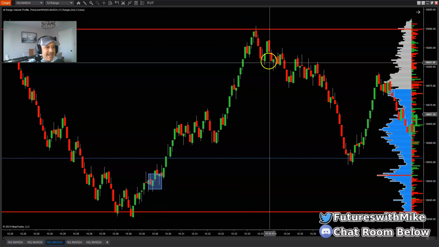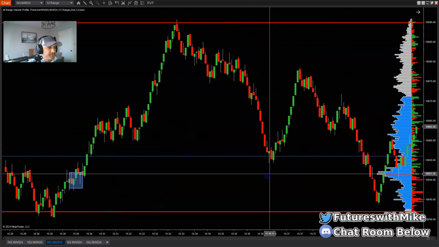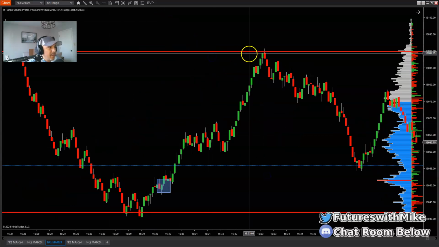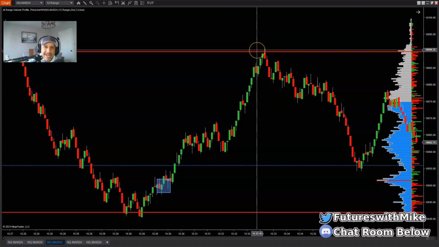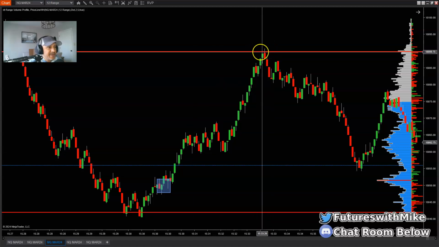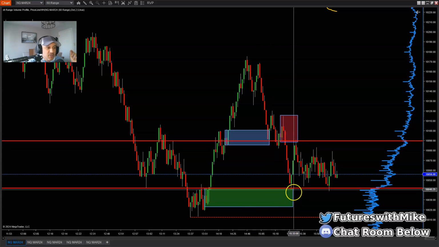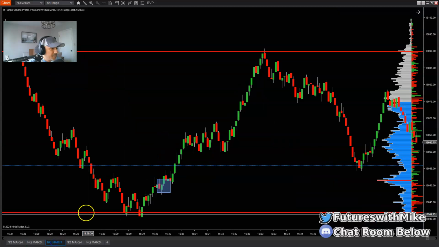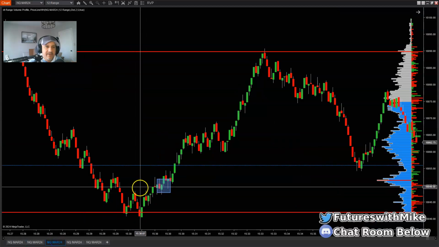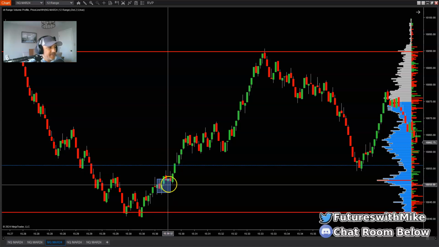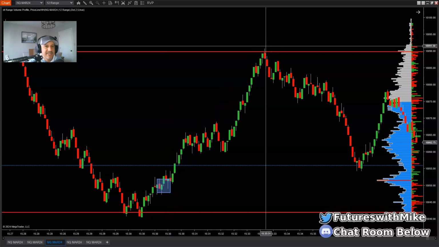But either way, it never comes back down to this area before it runs all the way up to 90, all the way to the area of supply. That red line right here is that red line off of the area where I have supply. So demand right here, we look for the turnaround, the break of structure to the upside, making higher highs and higher lows. We get a pullback, small area of demand, take it up to the upside if you can stay in the trade.